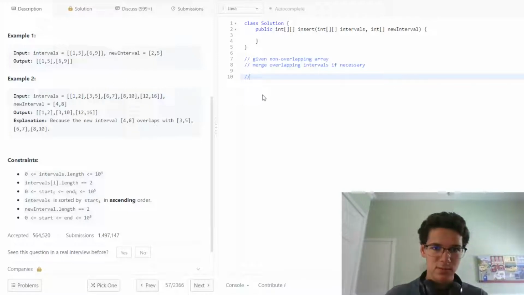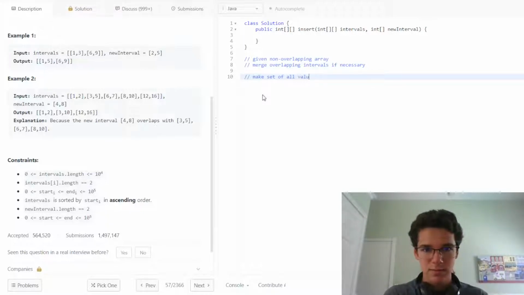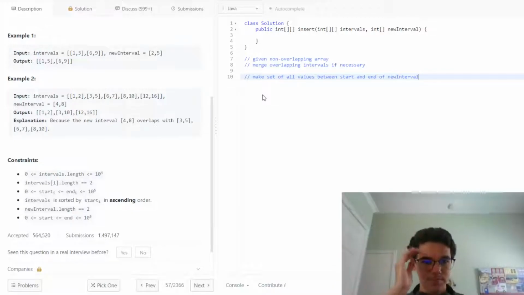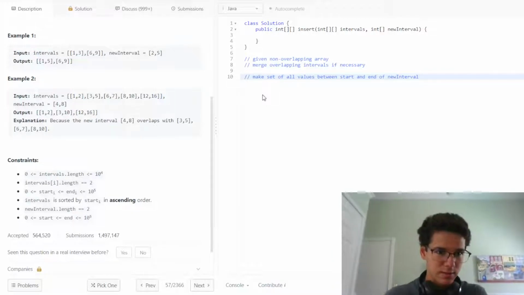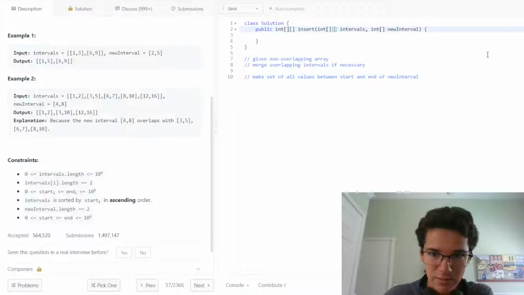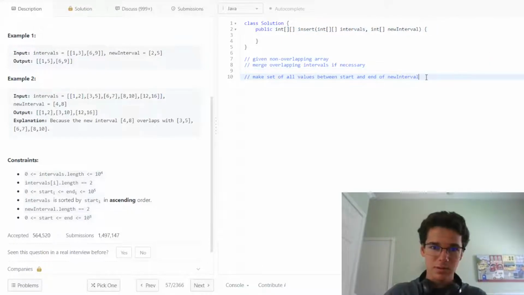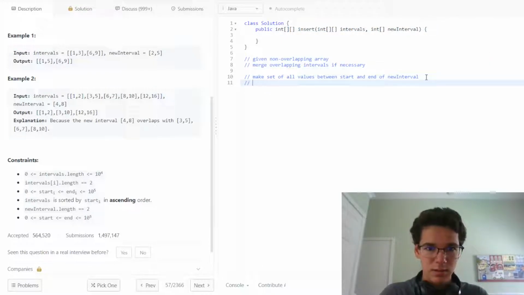New interval. Make a set of all values between start and end of new interval. And let's see, we can just iterate through intervals if